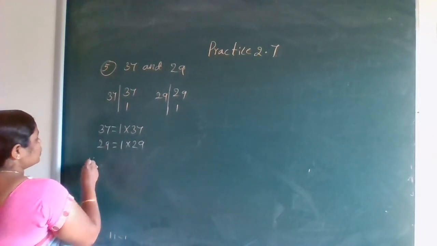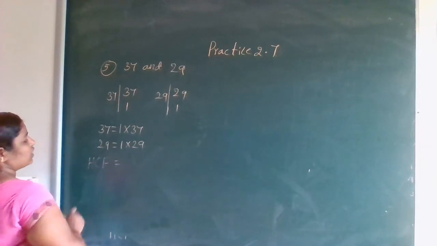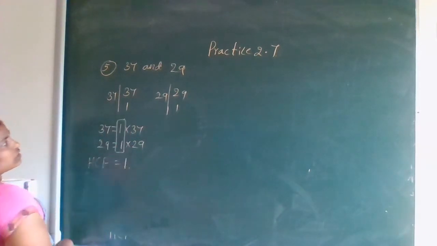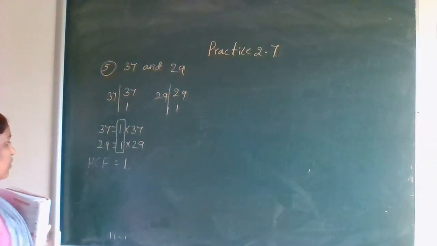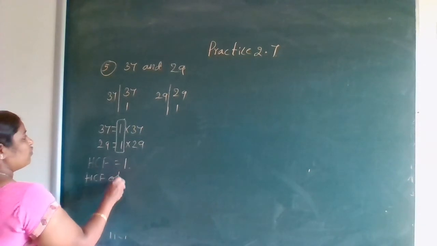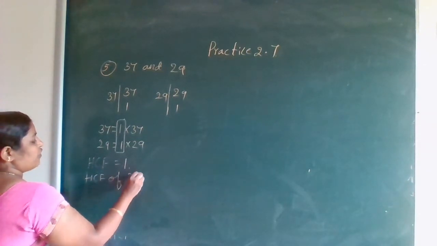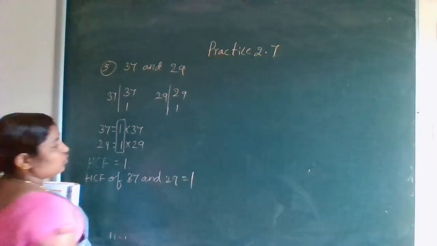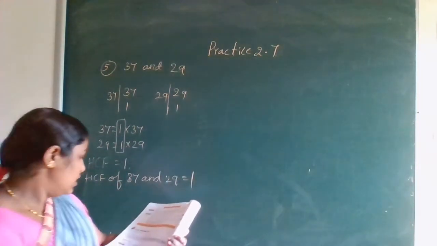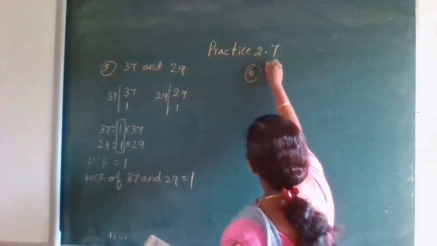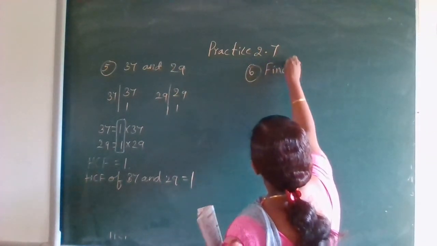So HCF, the highest common factor, is only 1. This is also answer 1. So HCF of 37 and 29 is equal to 1 is the answer. Next, the sixth one. Find the